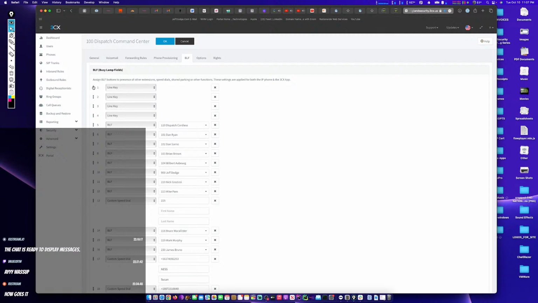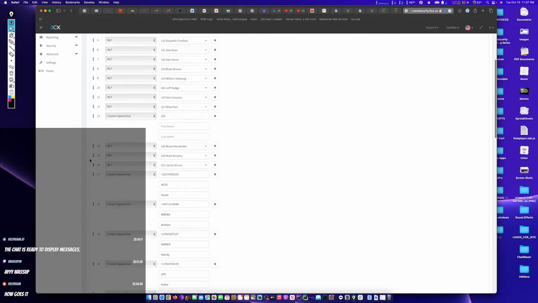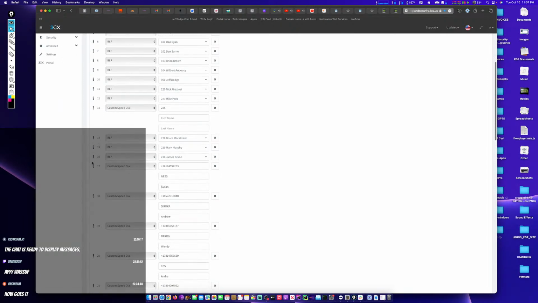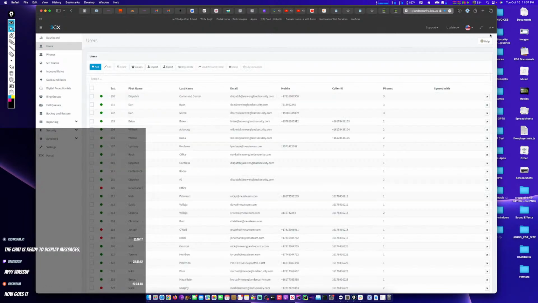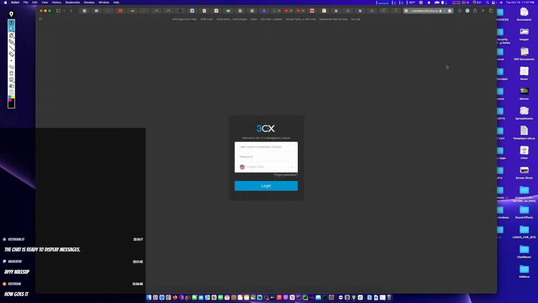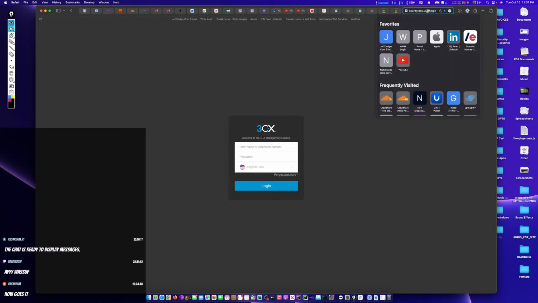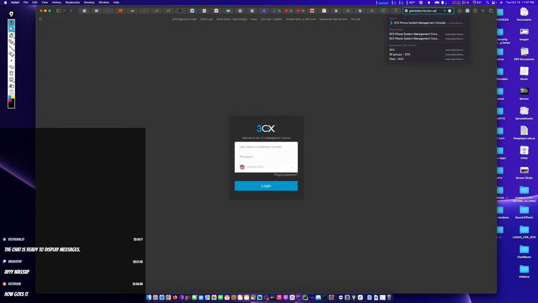David, in the dispatch area, because I'm in the back end, I can drag the buttons around. Are you able to drag them in the other interface? The phone buttons. Anyway, I'm gonna give that to you. Okay. So if you're in the web client,